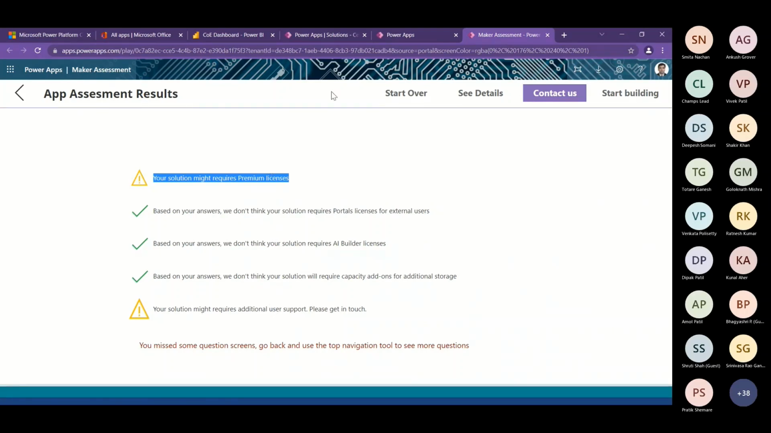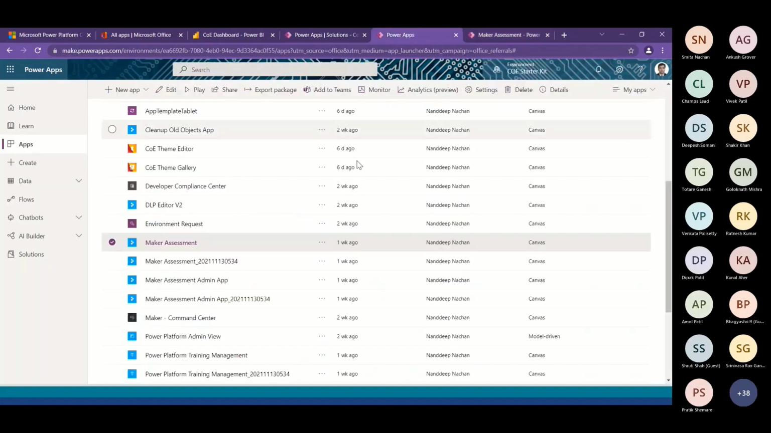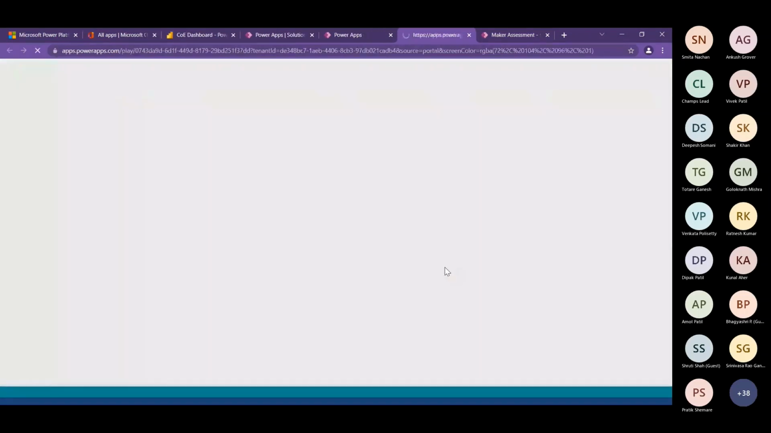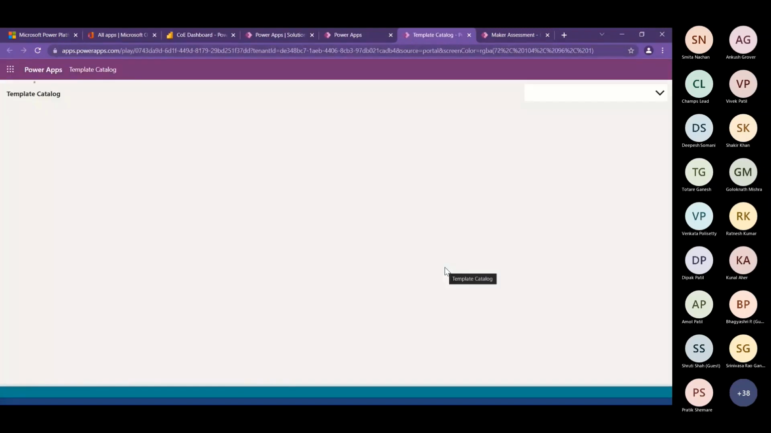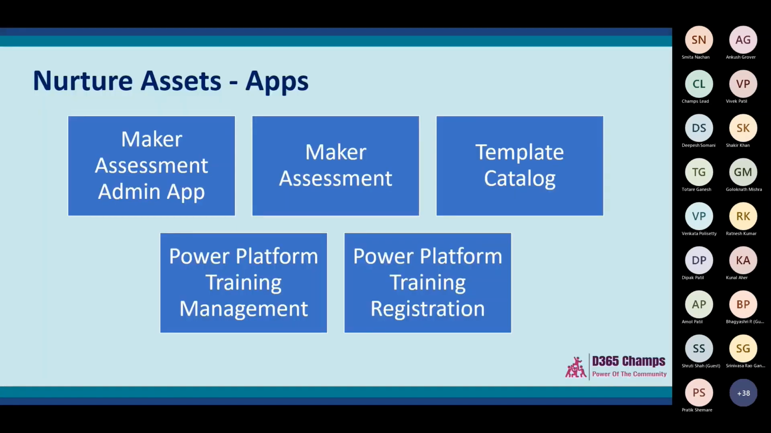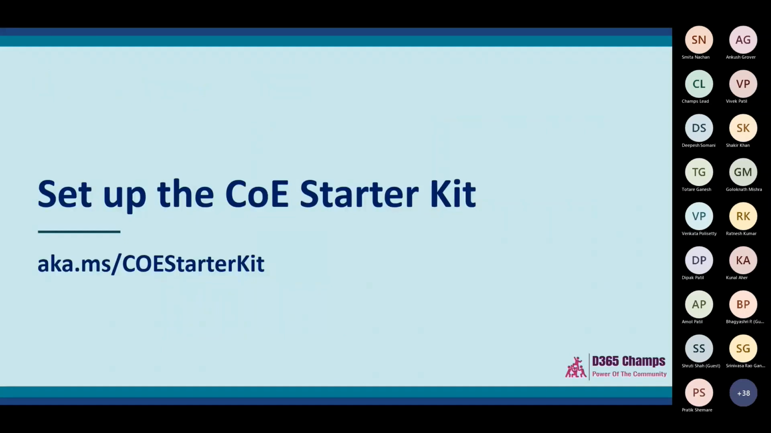And then again, we do have certain apps called the template catalog. Probably I can show you that quickly. This template catalog is again a canvas app that COE admins can use to share app and component templates, in addition to best practice documents, with their makers. So all of these kinds of apps will help your organization nurture all of those practices and other things. But yeah, quickly let's move forward,